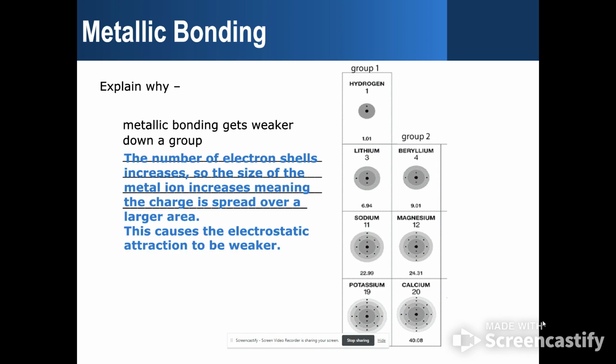So, as the number of electron shells increase, the size of the metal ion increases. This means the charge is spread out over a larger area, or there is a weaker charge density. This means the electrostatic attraction is going to be weaker. This will therefore mean a lower melting and boiling point. So down a group, the melting and boiling